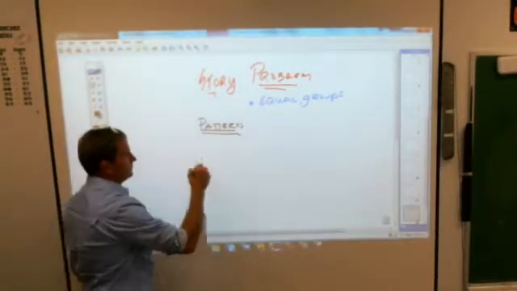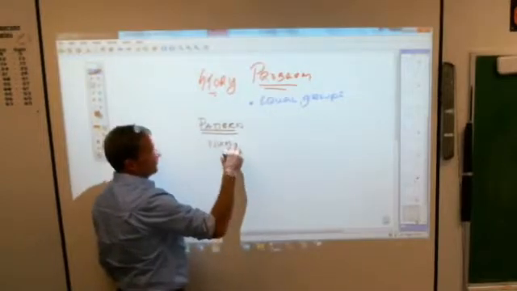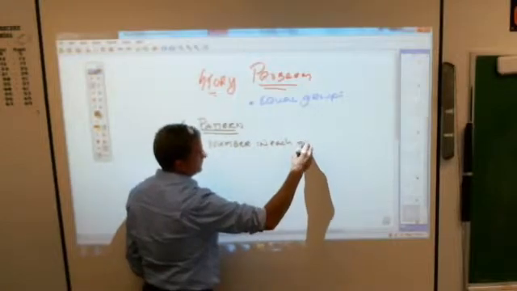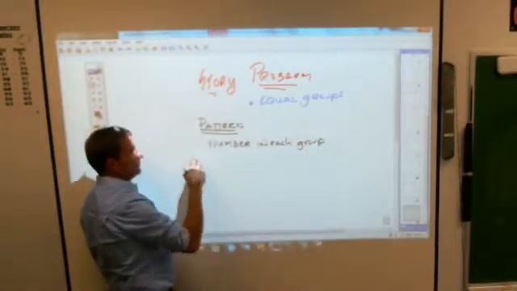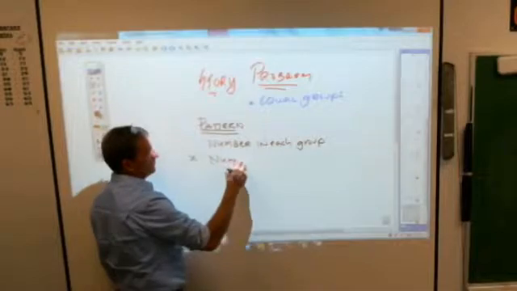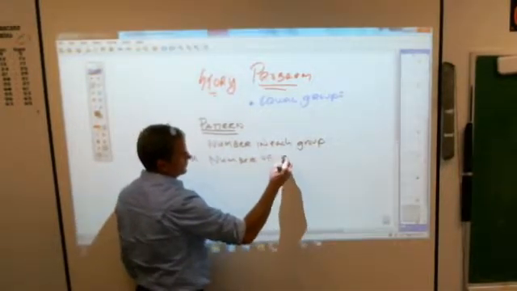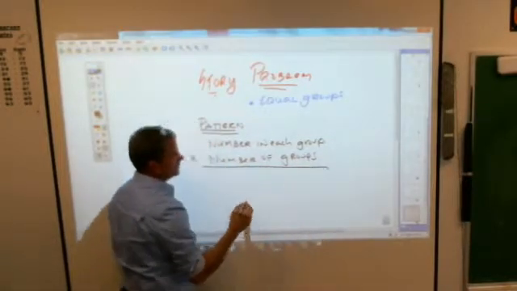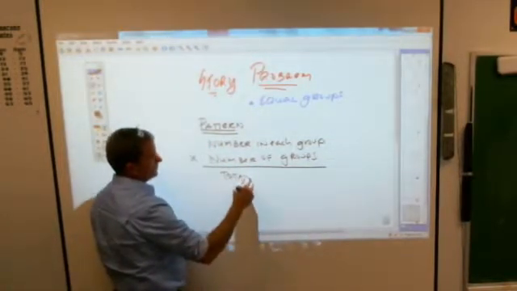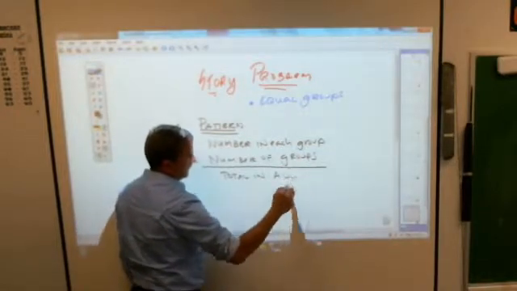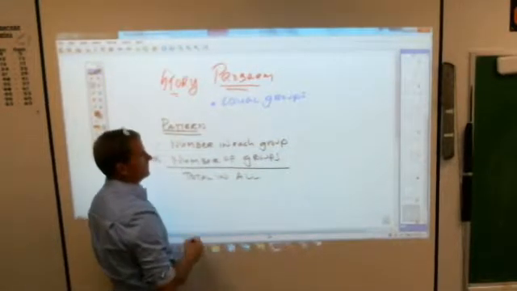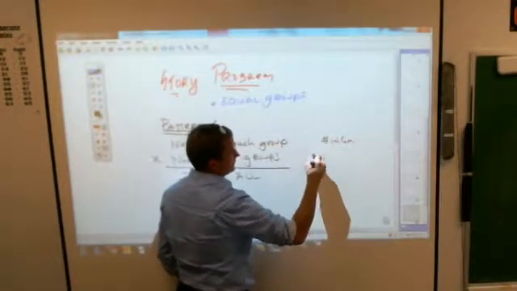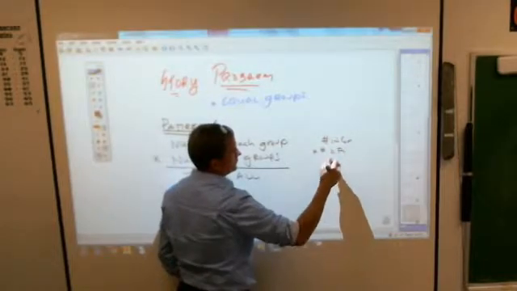The number in each group times the number of groups always will give you the total in all groups. That is your pattern. That is what we can abbreviate it to be: number in group times number of groups